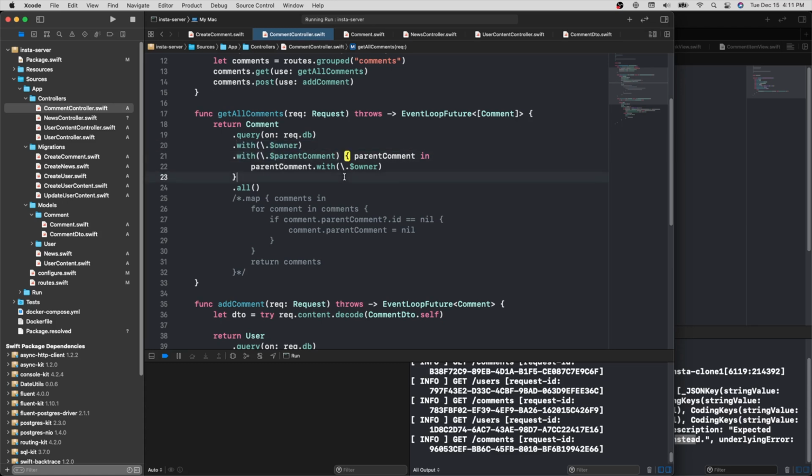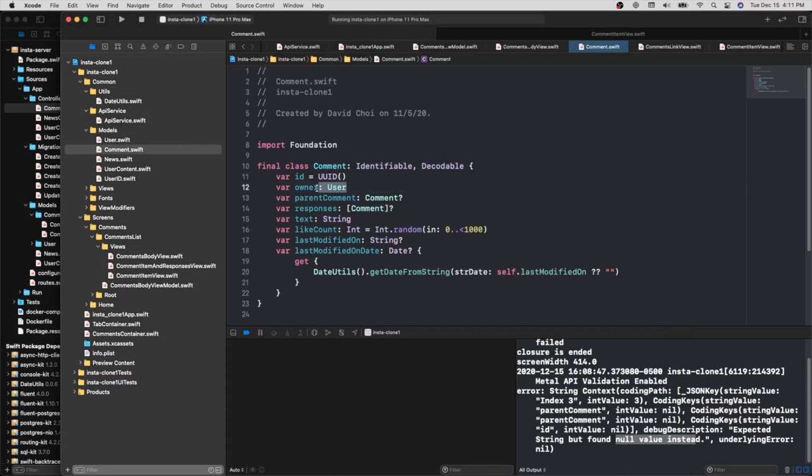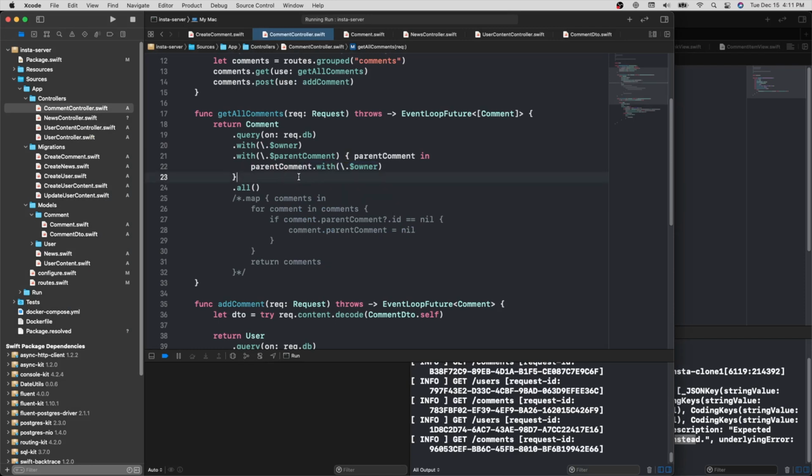Now, okay, so what? Well, two issues. As you can see here, the parent, because it's a comment, will have its own owners, right? So if we don't include this, then this will not come back at the parent level. So that's one issue right there. But the other issue, and the bigger one that's really causing this error down here, is that even when there is no parent association, in other words, let's say you have an array of comments coming back, and it parses the relationships for one of them to see if it has any parents, and it doesn't because it is the root parent. Let's say that's the case for one of the instances. It will actually still send back an object, which